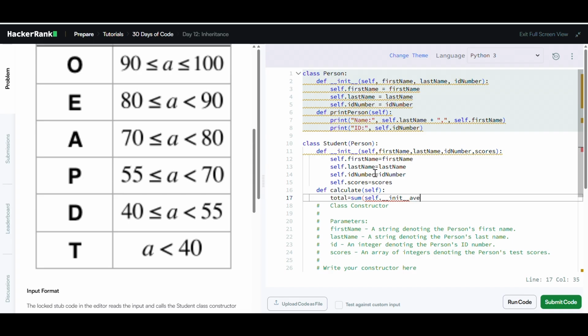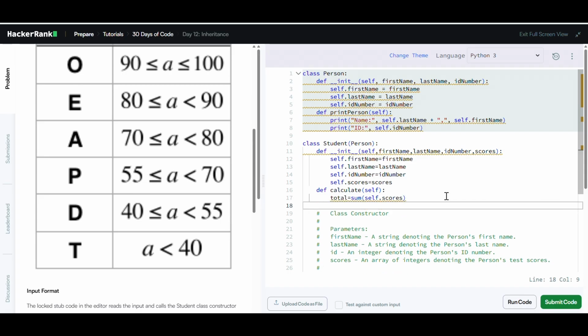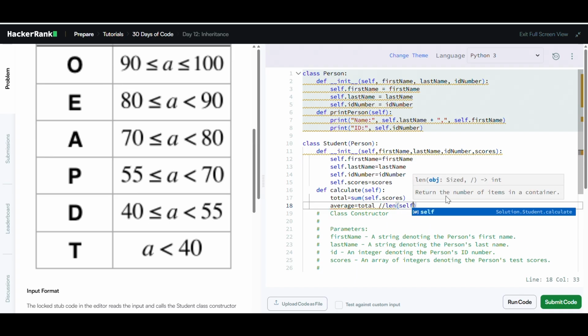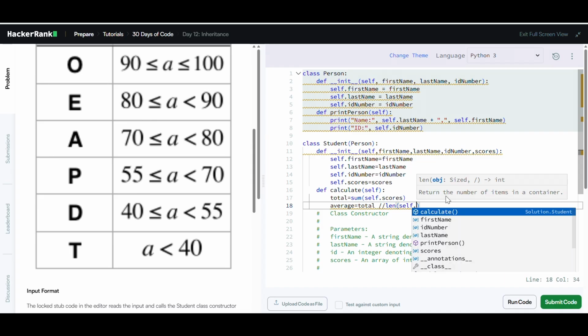And after that, we need to calculate the average. For finding the average, we need to divide the total by the length of the scores, meaning how many scores we are giving there.